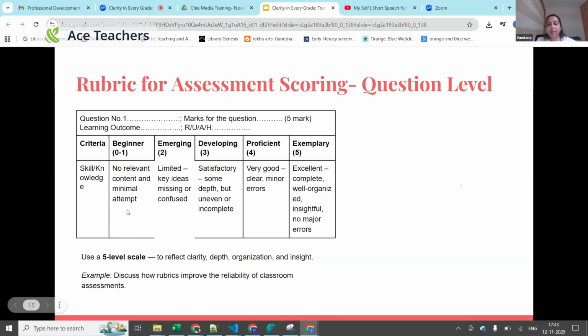And at the end of this session, I'm going to share a handout which includes all of these as a takeaway for you as teachers to read, refer to, and experiment with. Because I know a 1 hour session is too short to do a practice session. But I'll probably pause here at the question level. I'll pause for 1 minute, take questions and responses before I go to the